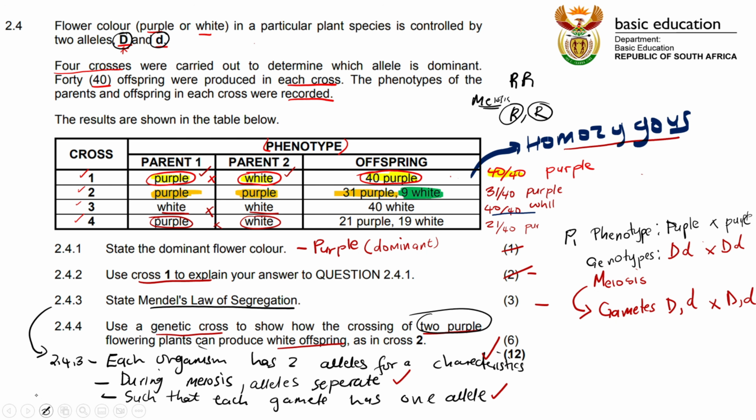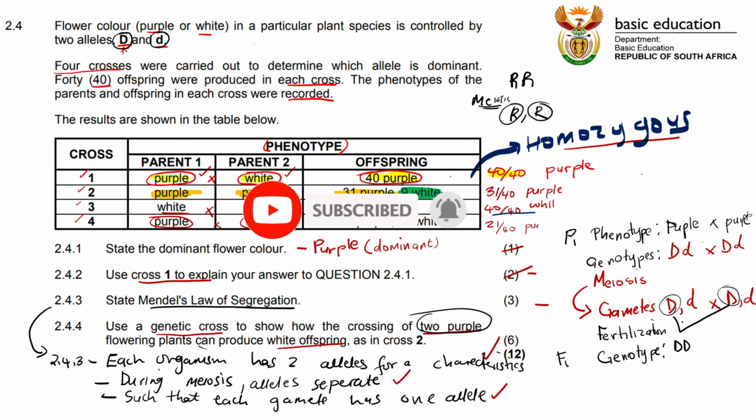And then the next thing, when we have our gametes, they will fertilize each other. So there will be fertilization. During fertilization, this D can combine with this D. These are the sperm cells of this one. This male gamete can combine with this ovum and we will have DD. So capital letter D, capital letter D. Those are the genotypes of the filial generation.